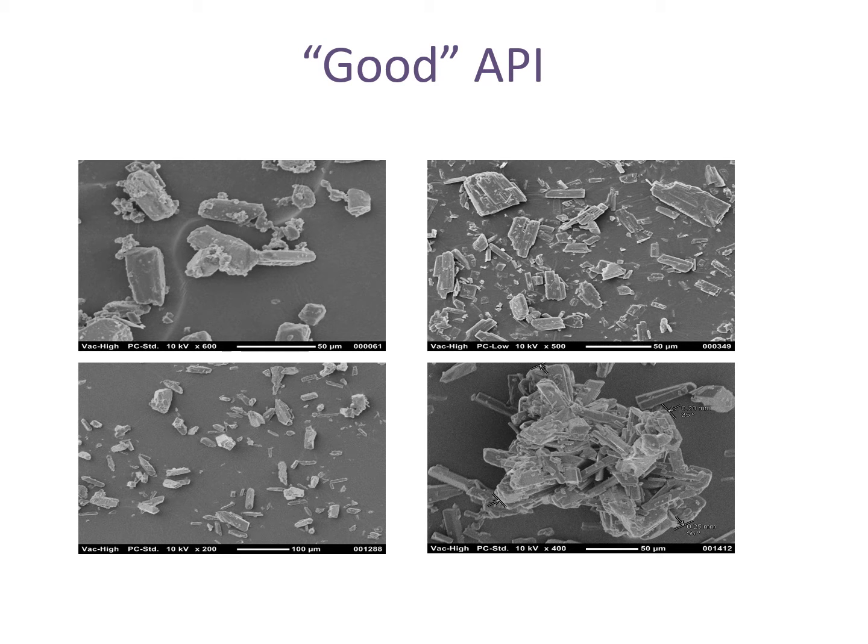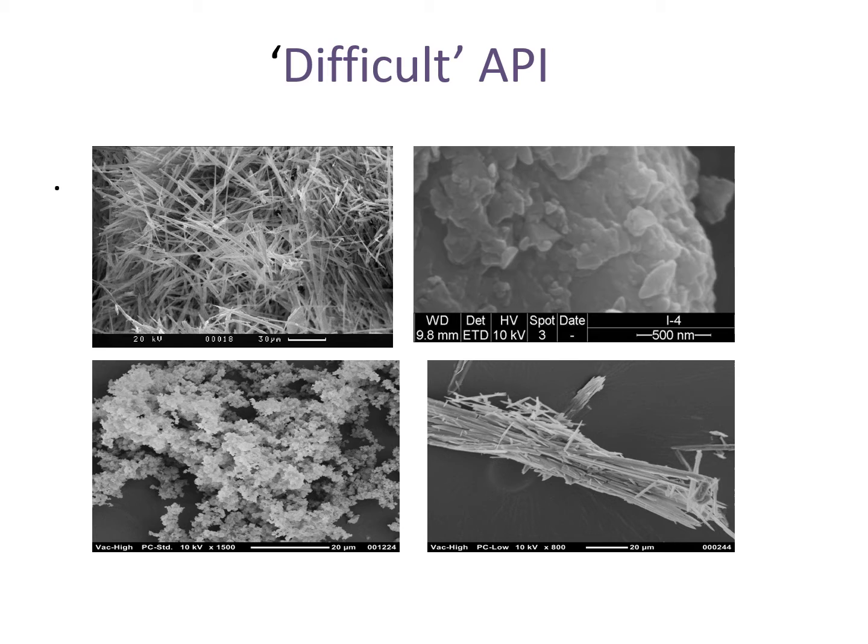So for example, if you look at this slide of what most people regard as good API, it flows well, it compresses well. You can see just by eye that it's smooth and even, and I think it looks quite beautiful and pretty actually. The fact it has a certain nice symmetry about it. If though, for example, you look at this slide of difficult API, you can see in some ways it's quite ugly in the sense that it has sharp bits, there's bits pointing out, and this is what we would find in production we couldn't formulate very well.